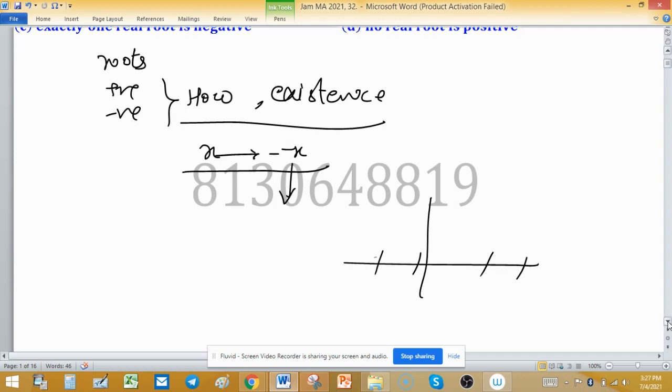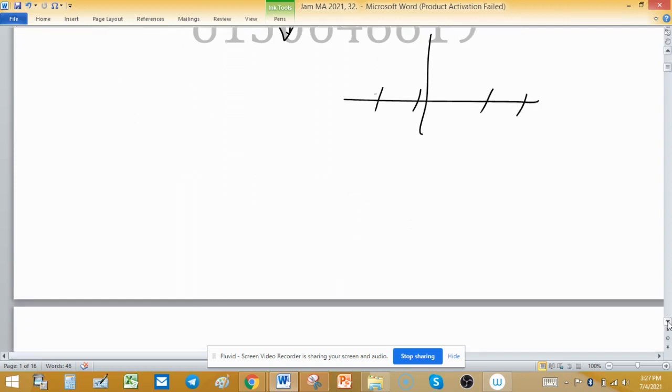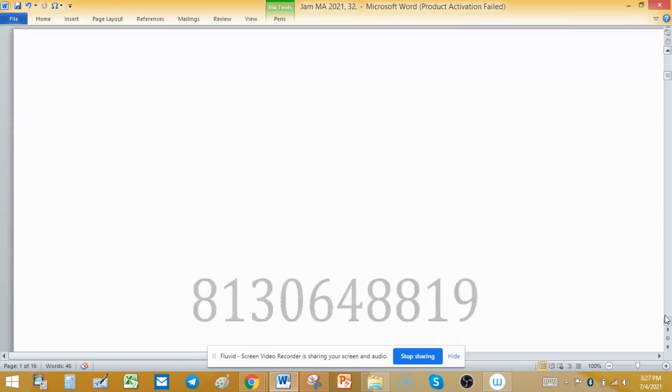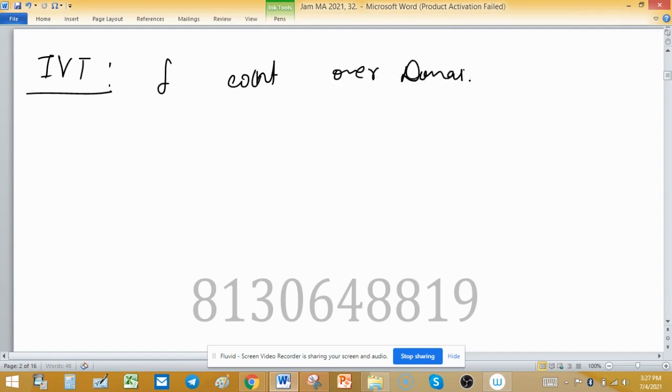Also, a very commonly used theorem in real analysis that we study about roots is the IVT, or intermediate value theorem. This says if a function f is continuous over the domain, and is also continuous inside the interval, then there exists a C such that